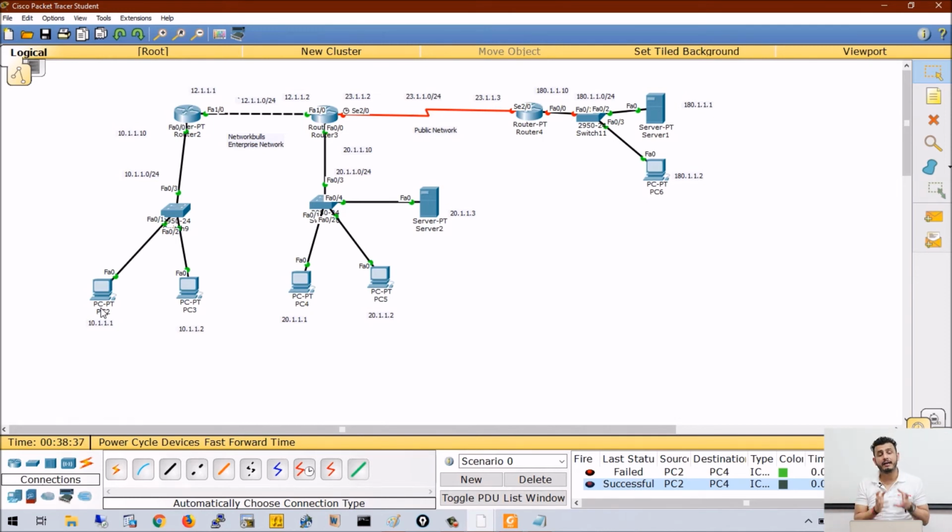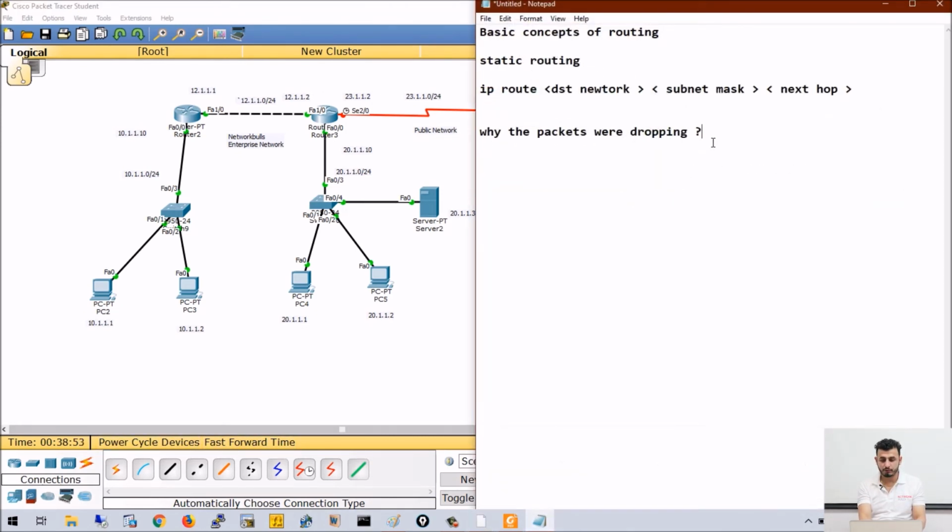Then R1 has to send the packet to R2, so R1 should have the MAC address of R2. Then R2 has to send the packet to 20.1.1.1, which means R2 should have the MAC address of 20.1.1.1. All these calculations or resolutions will take some time.